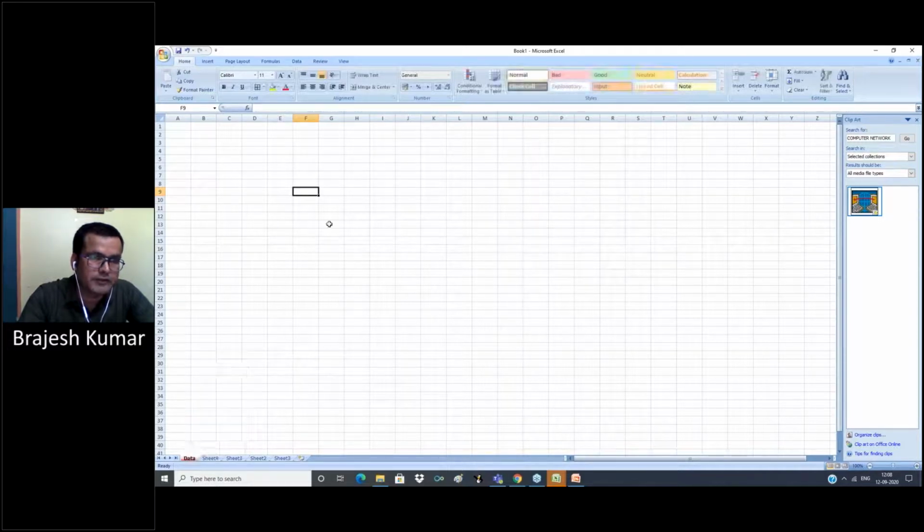Now unprotect this sheet. This is a status bar. Now this is in ready mode. If we enter anything, it is in enter mode. When we edit by pressing F2, it is edit mode.